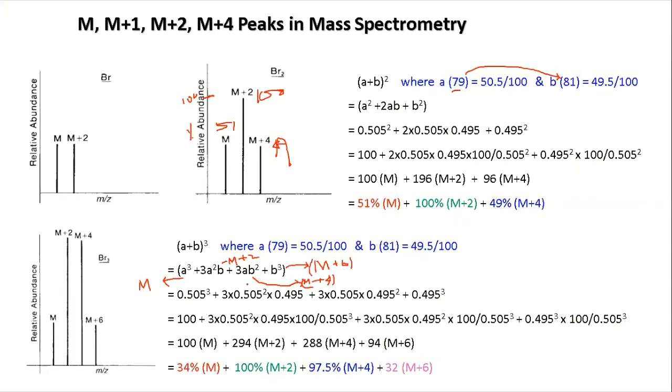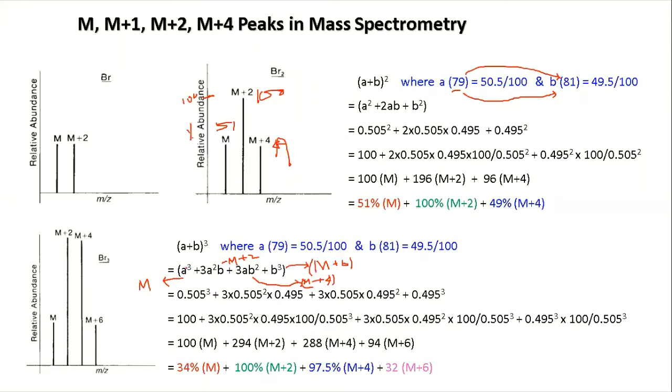Now here, you will not get M plus 1, M plus 3. Understood? Why will you not get them? Because you always have 2 units more. There is no 1 unit. So 79, then you have 81. There is no 80. If you had 80, then it would have M plus 1, M plus 3. So here you will have M plus 2, M plus 4, and M plus 6.